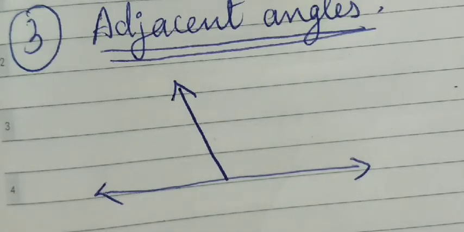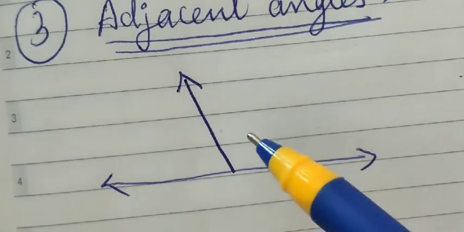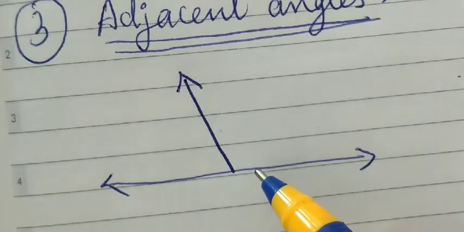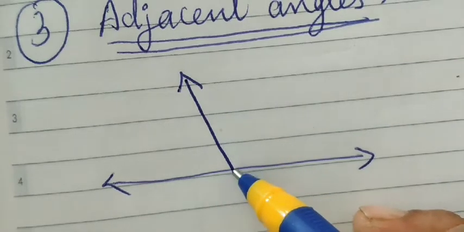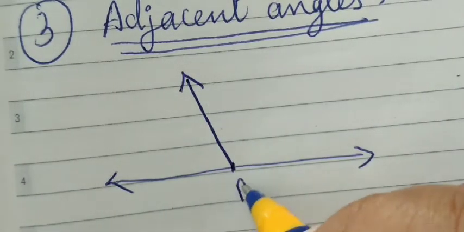Pair of angles are considered to be adjacent angles when they have a common vertex and a common arm. Okay, and non-common arms are on either side of the common arm. अब ये common arm क्या है, non-common arm क्या है? You can see from the figure a common vertex. Here you can see ये point, intersecting point, and a common arm is this PQ.